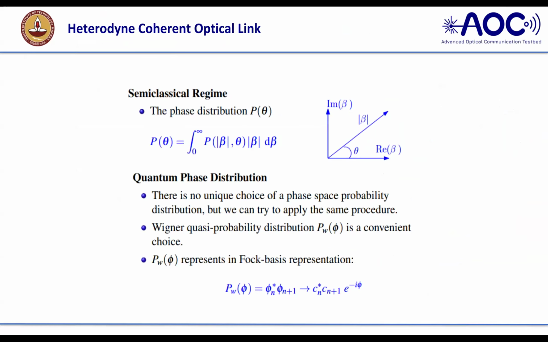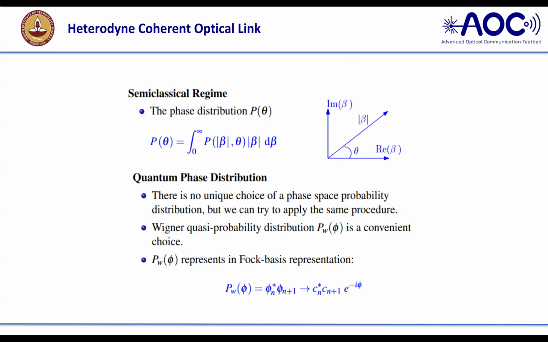Now you come to the coherent detection case. This slide is very, very important. Whenever we write in the semi-classical picture, in detection, we know we detect the current at theta, right? So we always have the joint probability distribution function, with mod beta being the strength, that is R, and theta. Generally, if you want the probability of R, we integrate with respect to theta. But here I want theta.